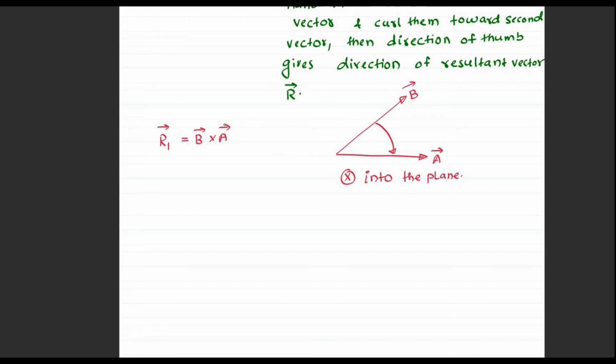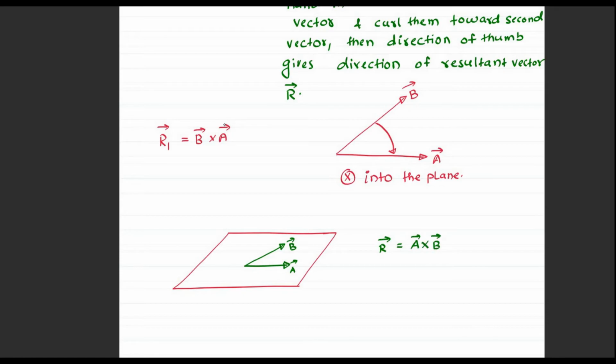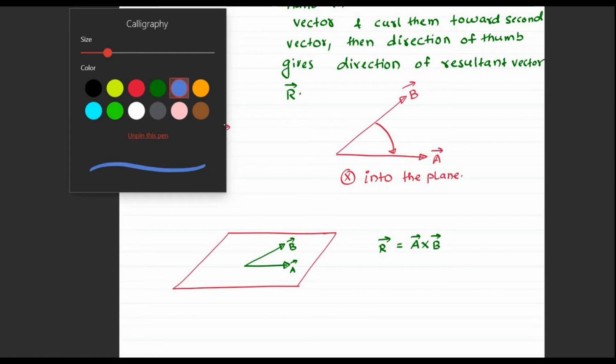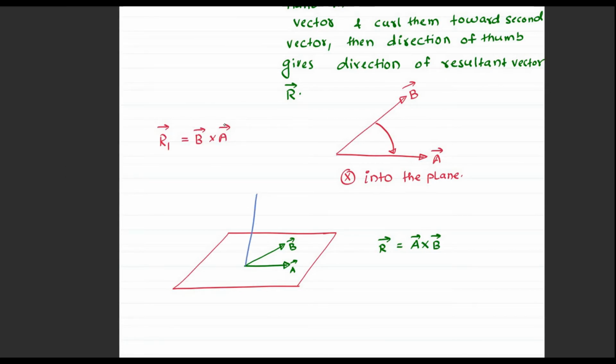Okay, this resultant will be into the plane. अब ध्यान दीजिए, इसका मतलब है अगर टेबल के व्यू से समझें तो कुछ ऐसा होगा, ये A वेक्टर है, ये B वेक्टर, तो अगर हम रिजल्टेंट को A क्रॉस B मान रहे हैं तो वो वेक्टर इधर होगा, आउट ऑफ द प्लेन, इस तरह से। तो इसके साथ भी 90 बनाएगा और इसके साथ भी 90 बनाएगा।